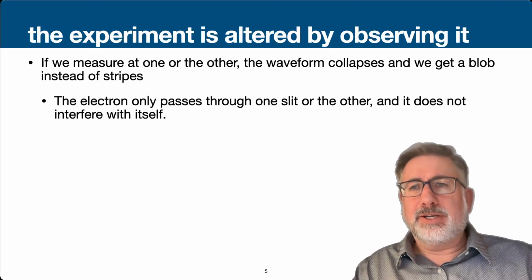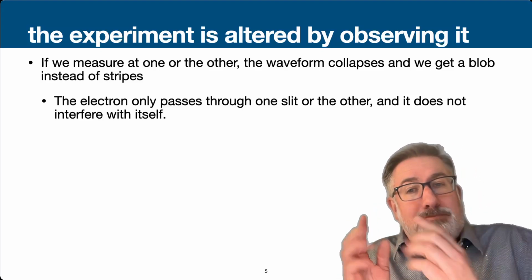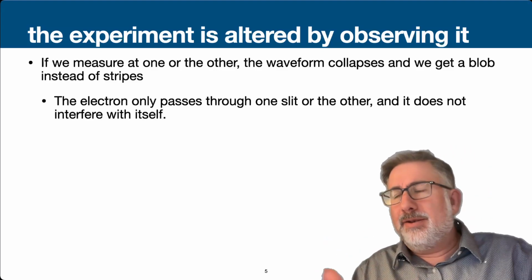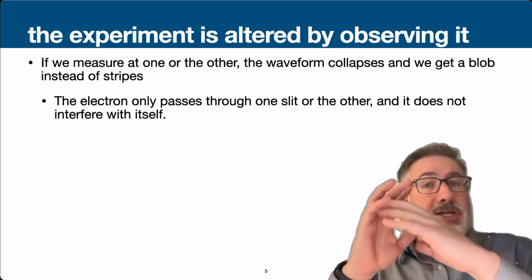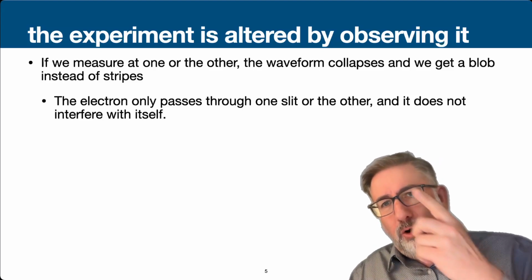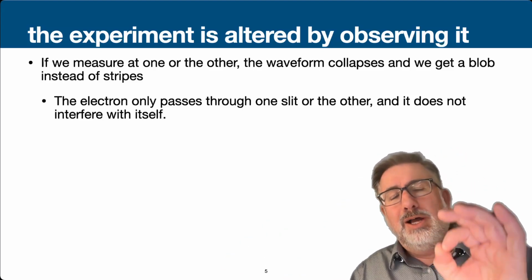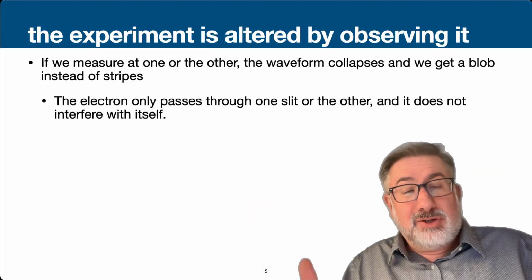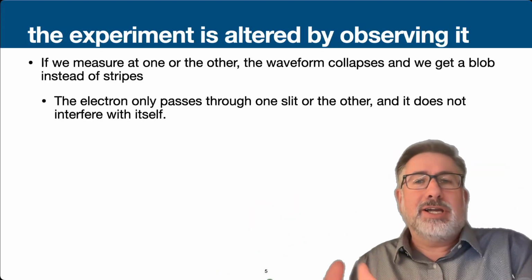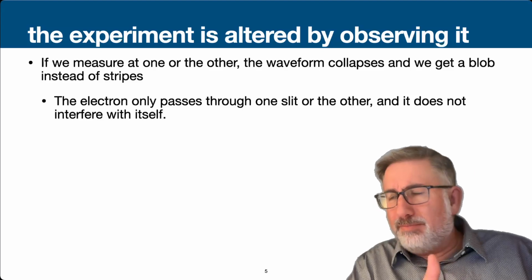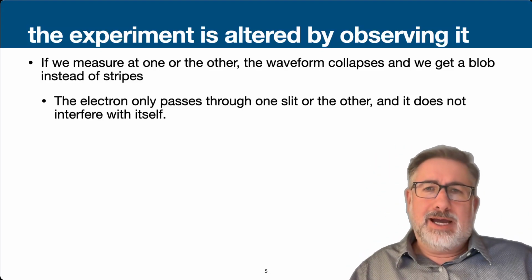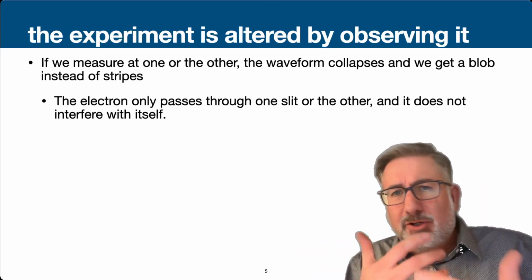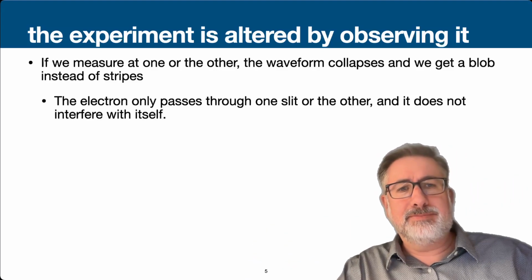And it's really, really strange. If you put a measuring device on one slot or the other, then you don't get that interference pattern. You just get a pile, as if they were always going through one or the other, because then you know that the electron traveled through one slot or the other slot. This collapses the wave function, so we're measuring at a place that forces it to be in a particular state at the slots. And that means it doesn't interfere with itself because there's no waveform to interfere with.